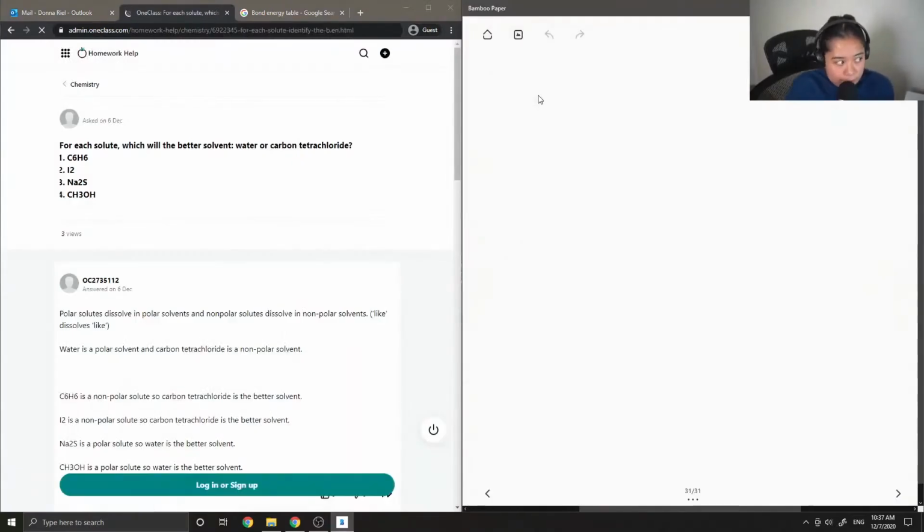Okay, so question 4. For each solute, which will be the better solvent, water or carbon tetrachloride? Okay, so first let's draw our two solvents. This is water, and oxygen is more electronegative than the two hydrogens,